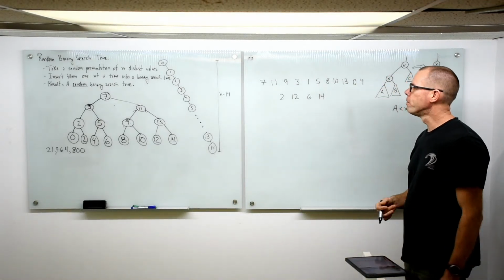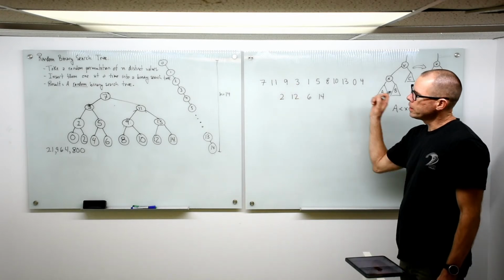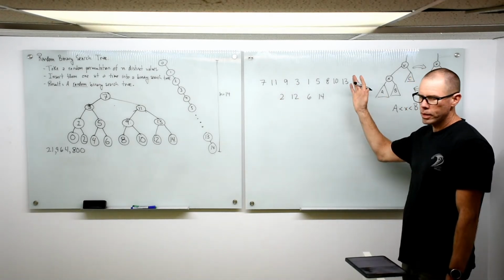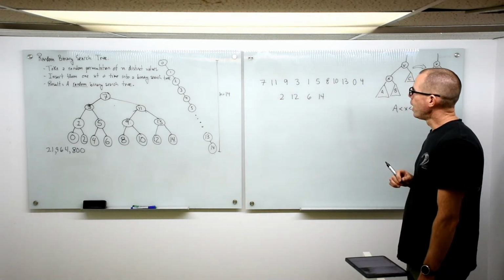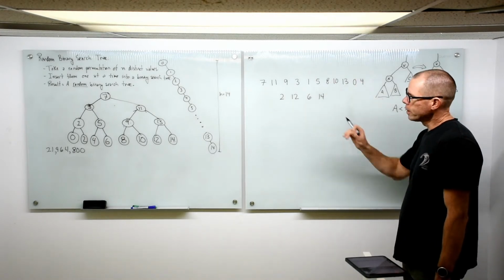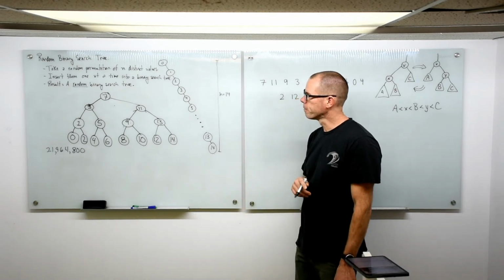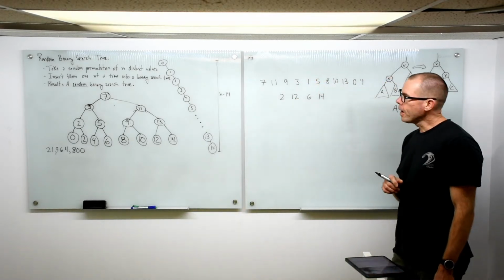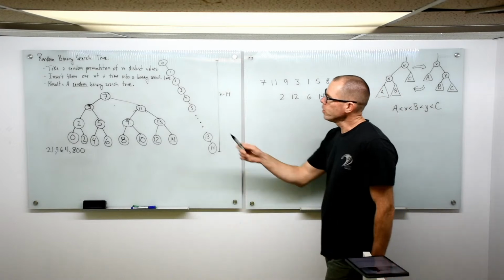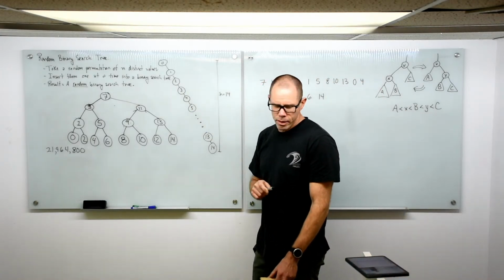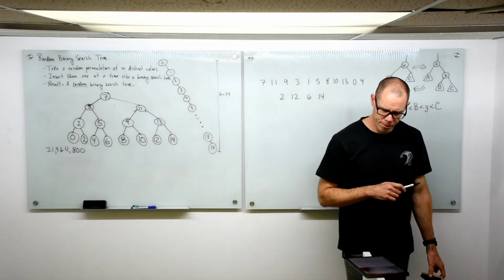Okay, so that's how we can create a binary search tree given any sequence of distinct numbers like this. And so for any sequence of distinct numbers, we can run this process, and we get a binary search tree. And there's a definition over on the board here that says, well,